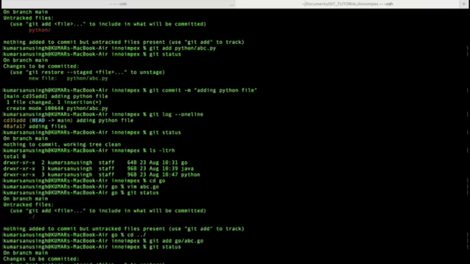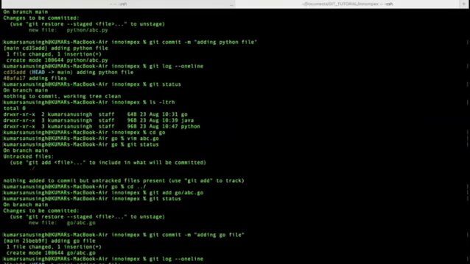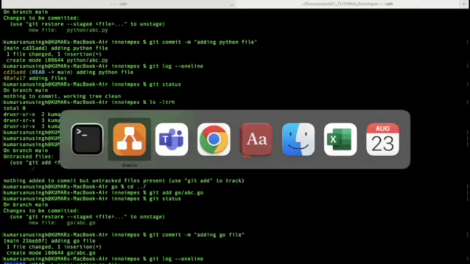Now if I commit it, git commit -m adding Go file. What will happen? It will show me that one file changed. Correct. It is added. Now what is the command to check the logs? Git log -1 line. If I run the one line, see the head has changed. Where is head pointing to? The latest commit. Correct. And it is pointing to the latest commit of the main branch.